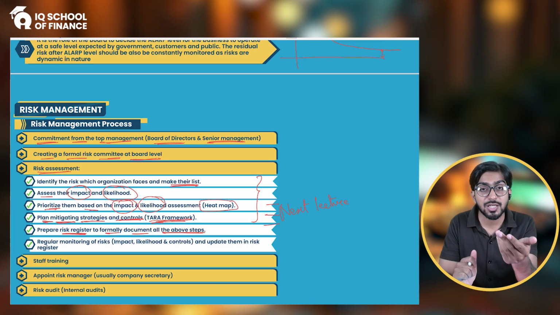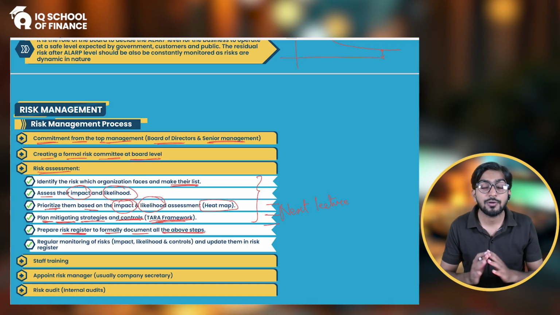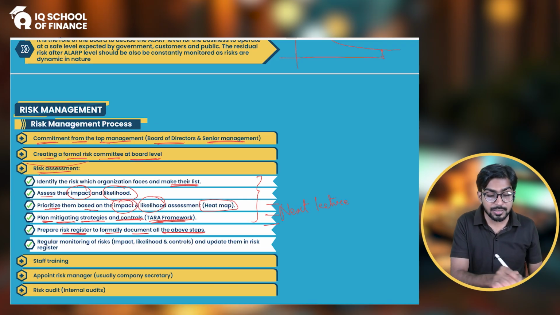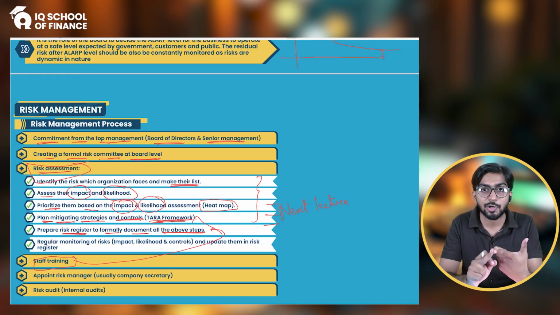So if it has changed, maybe there is a risk that was lower, but that has come to the top, and you have to obviously plan accordingly for that risk as well, right? So you have to monitor them regularly and re-devise your strategies accordingly. All right. So these are the risk assessment steps, and then you will train your staff for the strategies which you have devised. Obviously you have made controls, you have made the strategies for how you are going to tackle these risks.